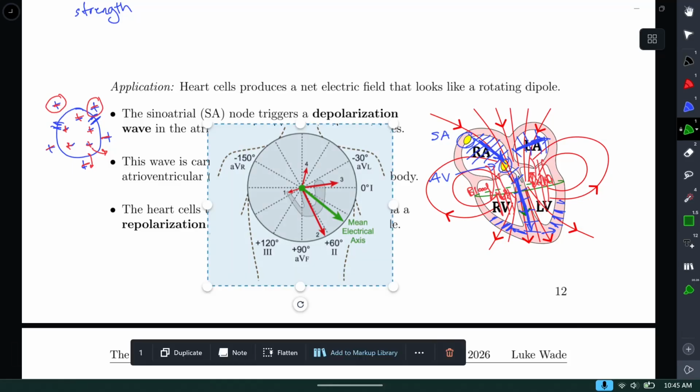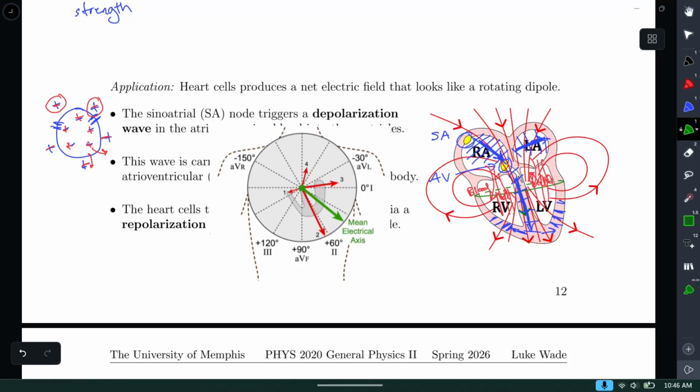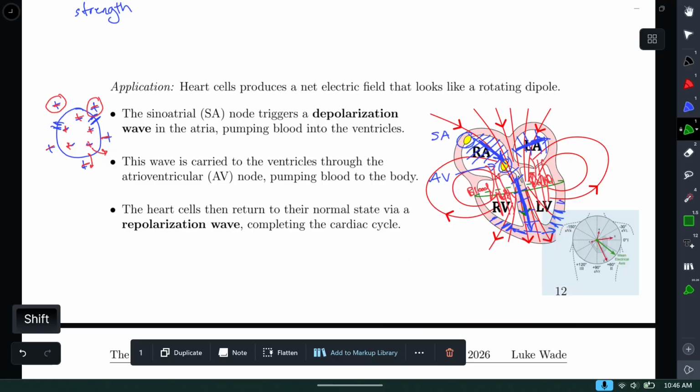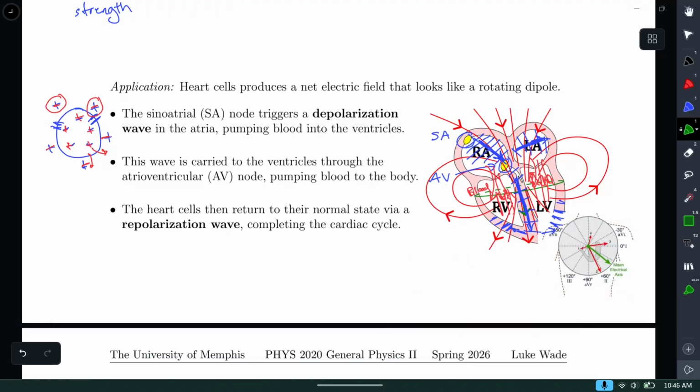You more often see EKGs, and again, we'll talk about those later, electrocardiograms, to tell you about this, but there's also something called a VCG, a vector cardiogram, and it's actually tracking specifically this vector and saying, is it in the right spot throughout the heartbeat cycle, or is it a little bit offset, and what does that say about the heart? So again, a lot going on inside the heart to fully explain what's going on there, but roughly